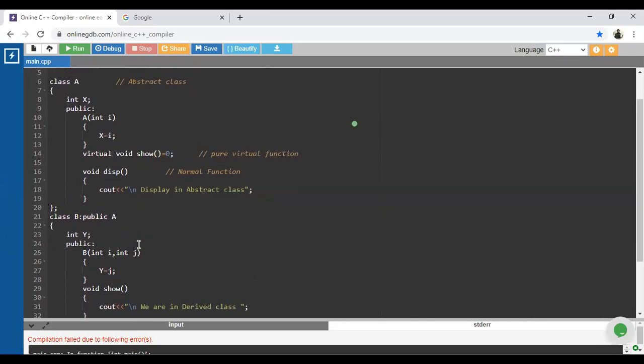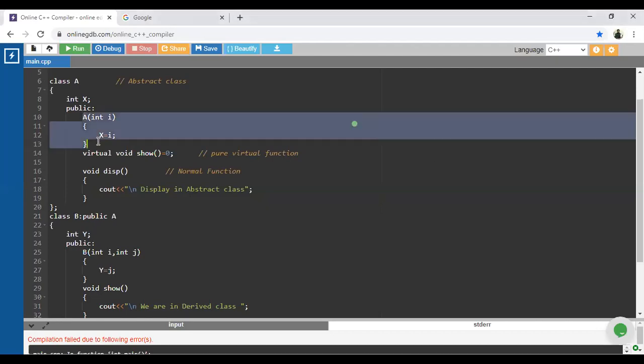We cannot create the object of that class. So how are we going to access the constructor which is available inside the abstract class? Yes, Oliver, got my question? Scope resolution operator. Yes, guys, got my question? How are we going to access the constructor which is available inside the base class?